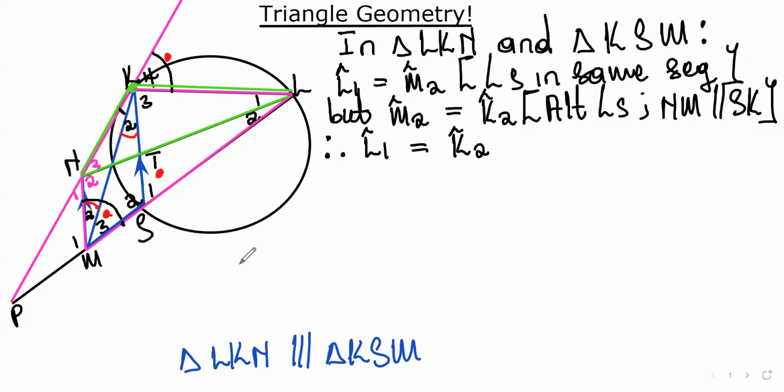So what do these parallel lines tell us? Because we see that the cyclic quad is done doing its job. We can't talk about angles in the same segment anymore. And the tan chord theorem is also not going to assist us. No, it's not. So let's look at these parallel lines once more. So looking at these lines,